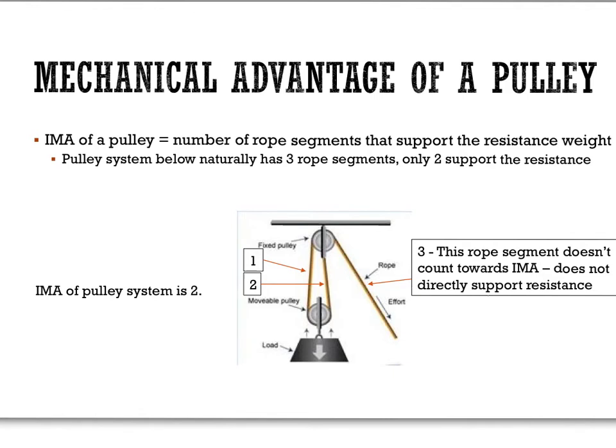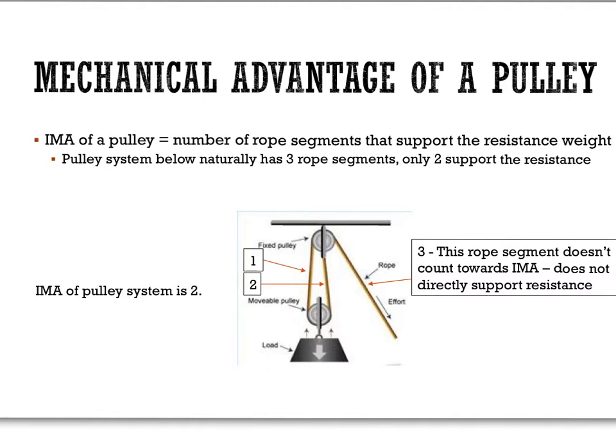Alright, well let's move on to mechanical advantage of a pulley. Specifically, we're going to talk about the IMA. Alright, remember IMA stands for ideal mechanical advantage, which is always much easier to calculate than the real or actual mechanical advantage of a machine. Usually this just involves measuring, right? Simple distances. Well, in this case, it comes down to counting. Alright? And it means you got to be able to count the number of rope segments that actually support the